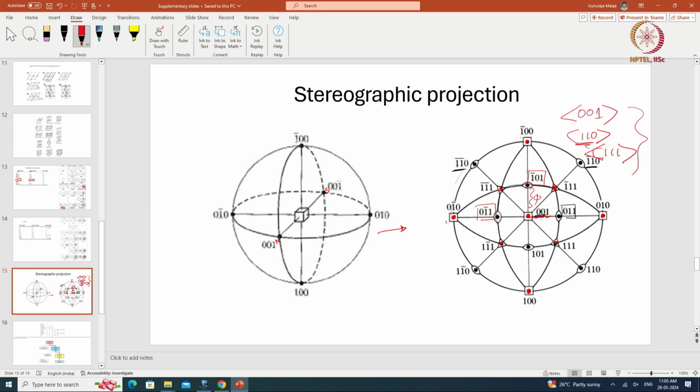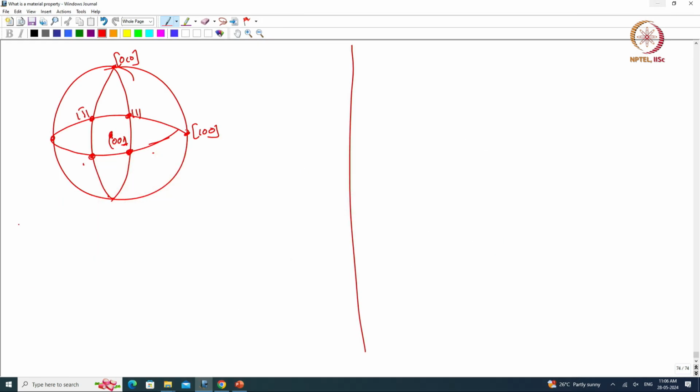And then you have these 1 1 1s which are just displaced. I can draw two different longitudes, the projection of two different longitudes, and wherever these longitudes intersect, that is where the 1 1 1 body diagonals are projected, okay. So, just internalize this picture, so that next time even if I do not say that this is 1 1 1, you say that the intersection between all these longitudes actually gives me the 1 1 1 direction, right. So, in the stereogram, okay. All right, with that as the background for stereographic projection, let us